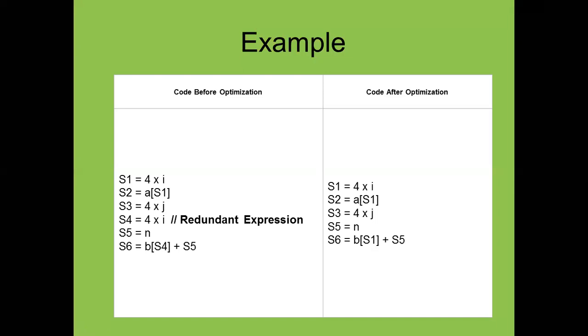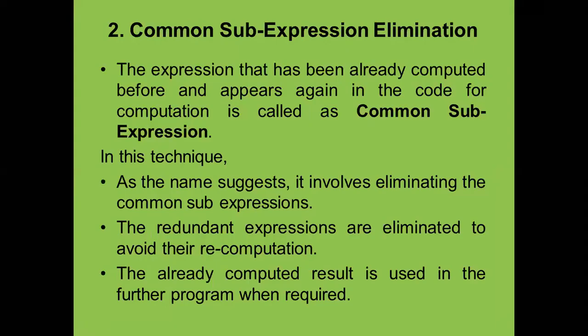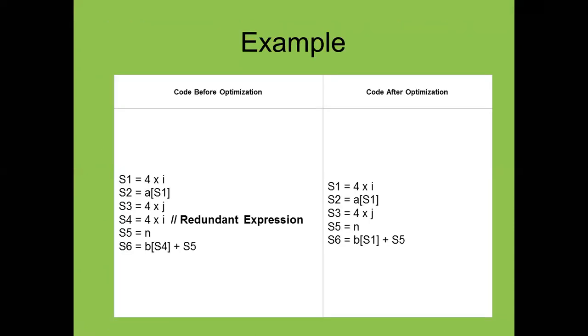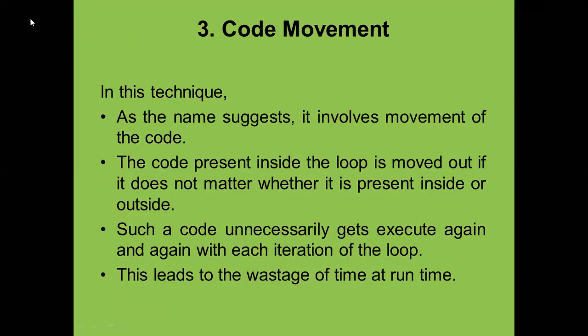Here you can see there are now 5 lines, while there you can see 6 lines. So there is a reduction in the program, even though you will get the same output. Now you can judge easily. This is called common sub-expression elimination. This is one of the best techniques to improve the performance of the compiler. So these are the different techniques of optimization.